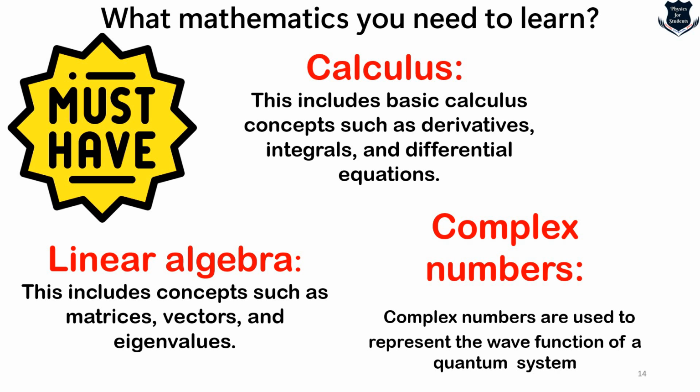So you can say that we have actually found a shortcut way out, although all those prerequisites are essential to get a very, very solid understanding of the equation. So calculus, linear algebra, complex numbers, these are the trio, these are the three must-haves, without which you won't be able to understand anything.